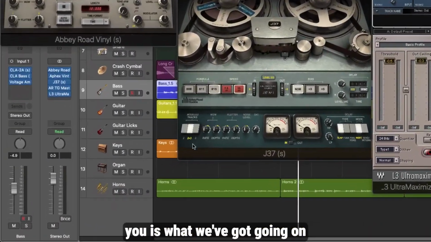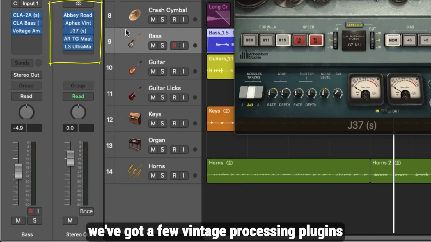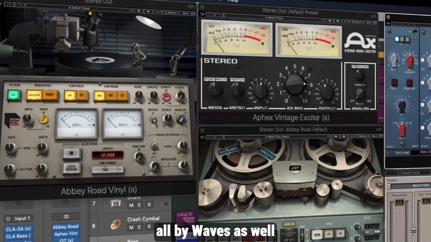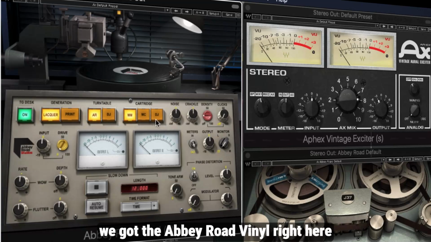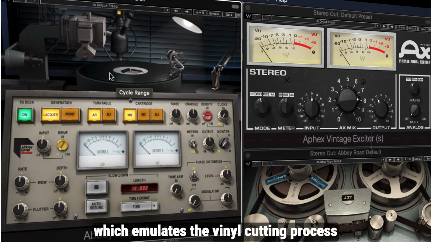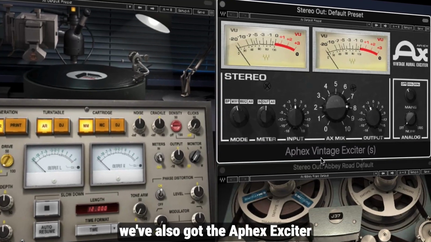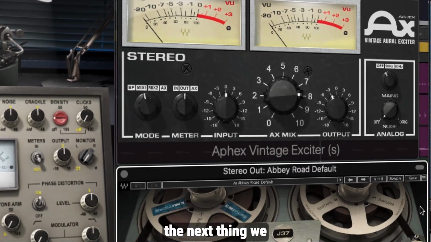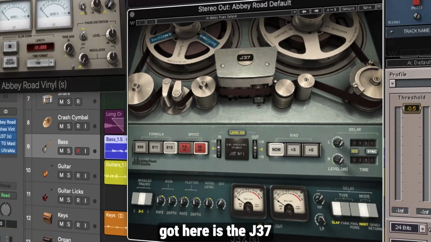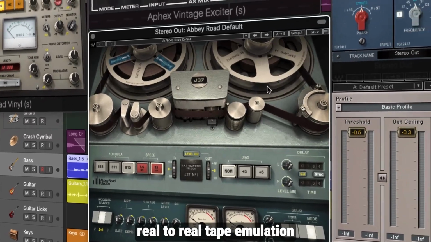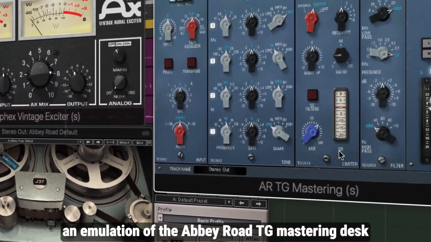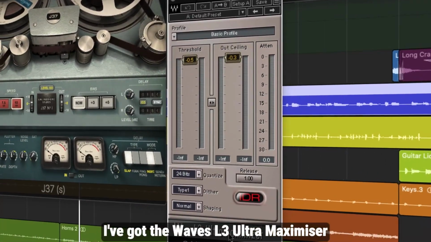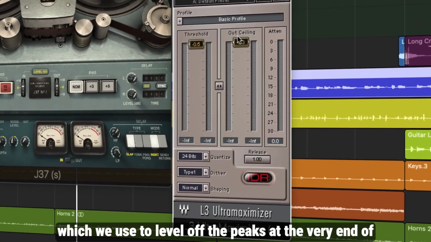And the very last thing I want to show you is what we've got going on our master bus. We've got a few vintage processing plugins, all by Waves as well. First of all, we've got the Abbey Road Vinyl right here, which emulates the vinyl cutting process. We've also got the Aphex Aural Exciter, which adds extra harmonics to the mix. The next thing we've got here is the J37 reel-to-reel tape emulation. Over here, we've got an emulation of the Abbey Road TG Mastering desk. And finally, I've got the Waves L3 Ultra Maximizer, which we use to level off the peaks at the very